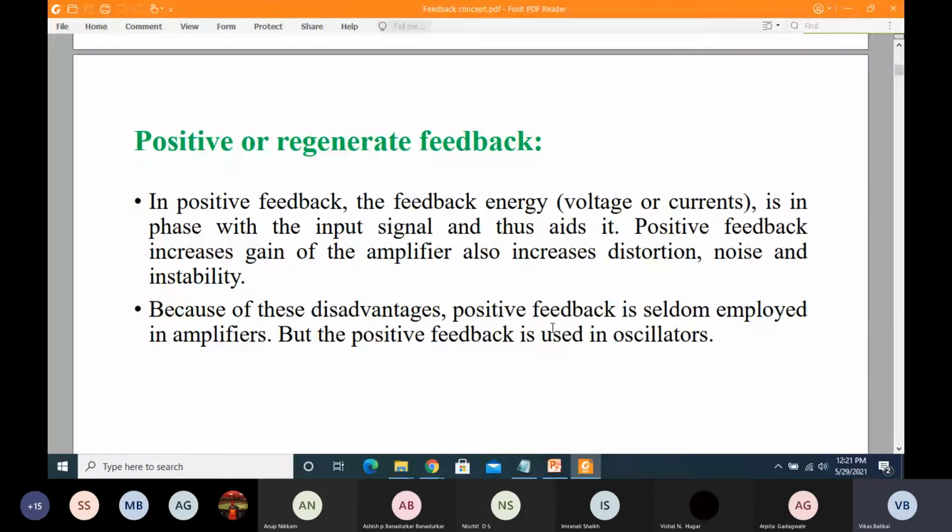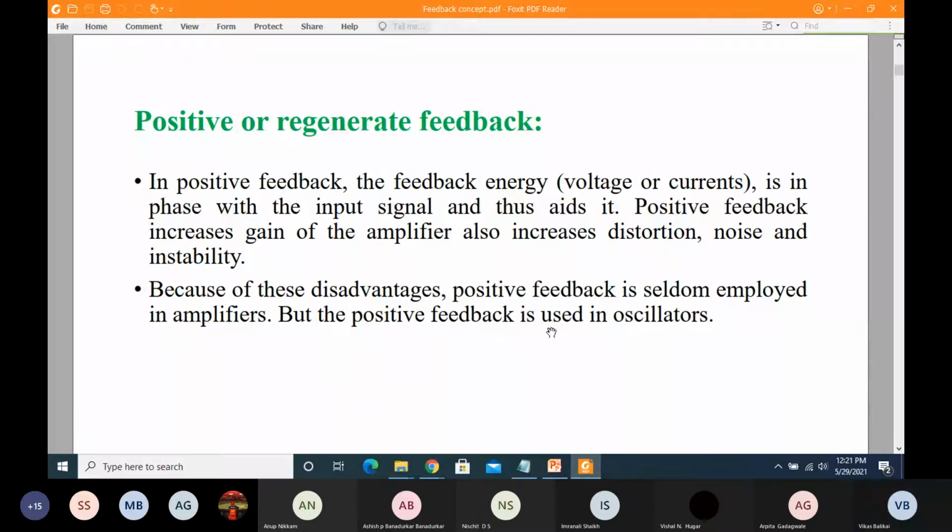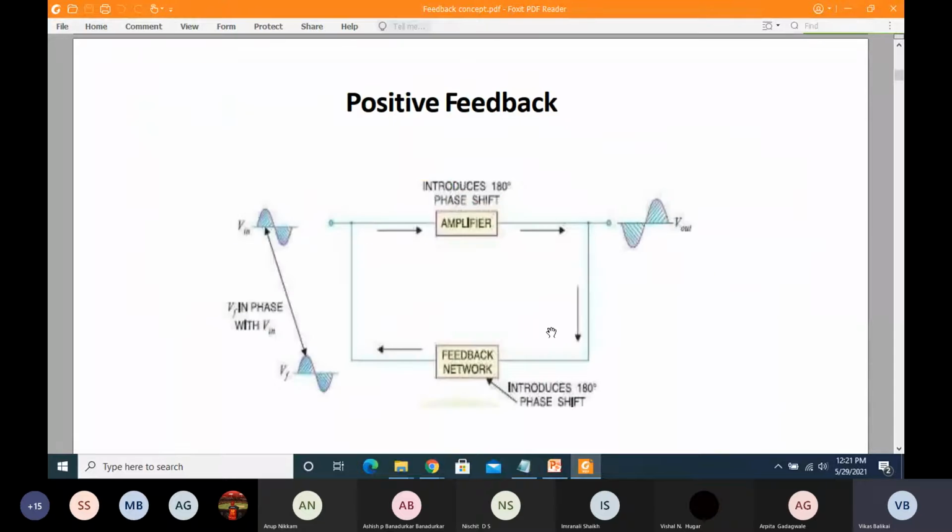So once we are done with positive amplification or positive feedback signals, what about the negative signals? So this is how the positive feedback works. Part of the output is getting added at the input side, and that's how we generate the output. And here also there will be a 180-degree phase shift with respect to the input signal.